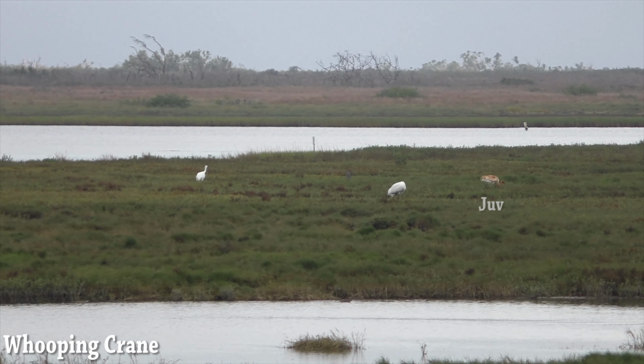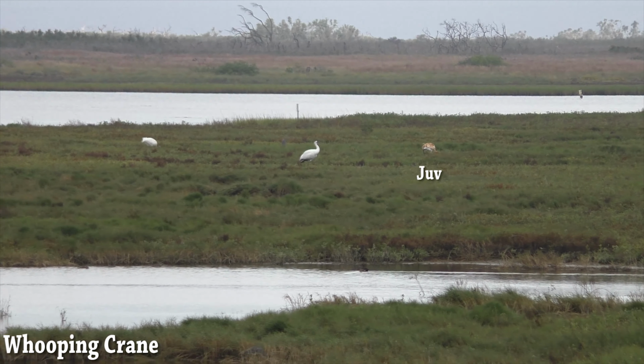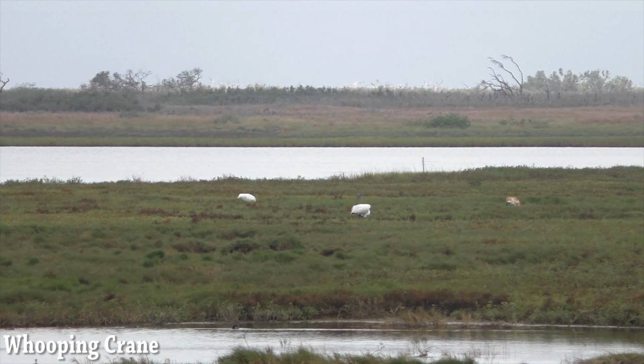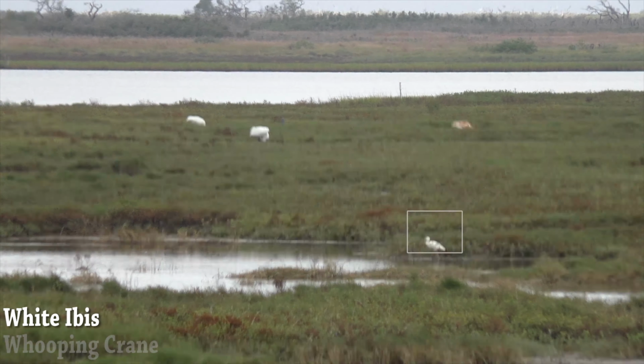Family of whooping cranes. Nice. So what's the difference between the... Ah, hang on. 6 months. What do you think? Well... Instead of the white bird there...